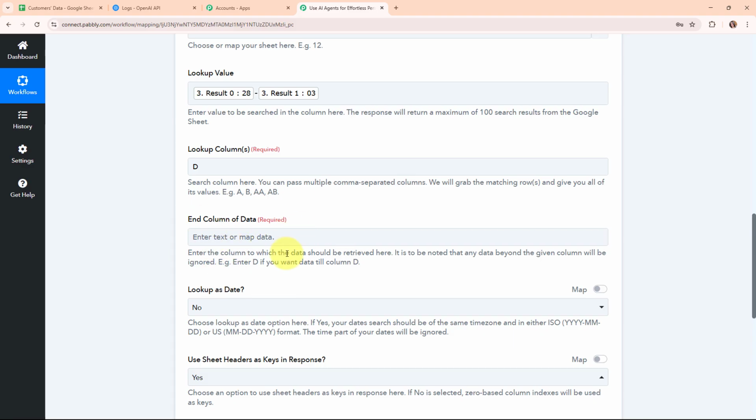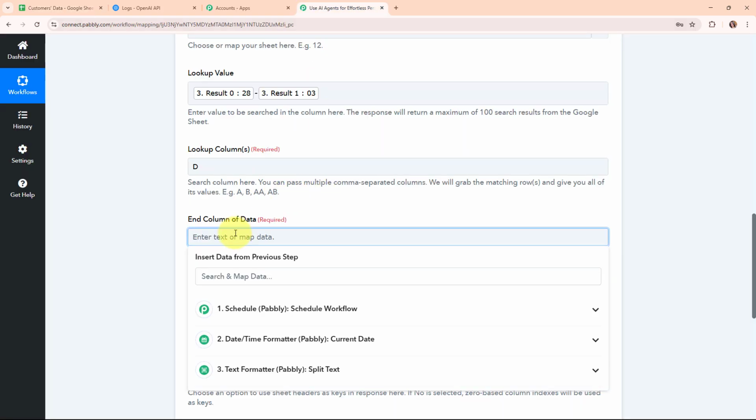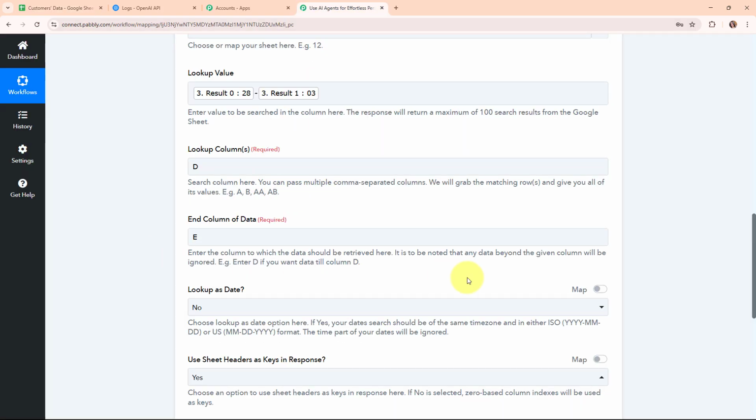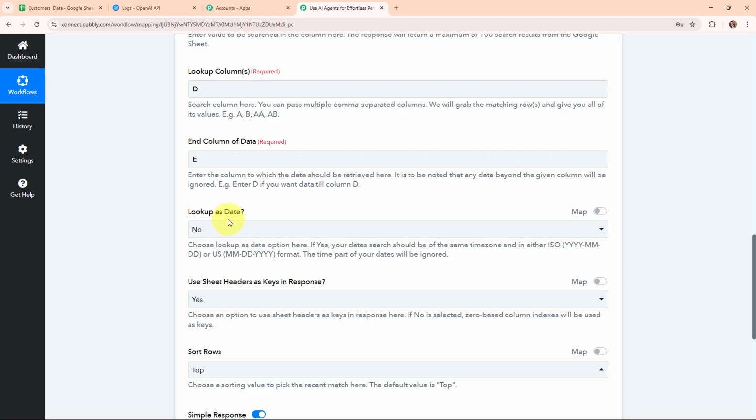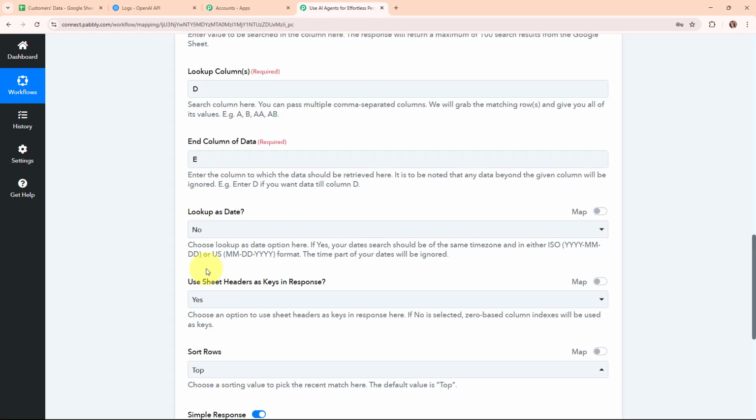Now moving forward, here it is asking me for the end column of data. So here I need to enter the column till which I want to retrieve the data from my Google Sheets. I'm going to retrieve all the data, so for that I'm going to enter the end column as column E. Then here it is asking me lookup as date. As you all know, I'm going to look up the value as birth date only, but in the birth date column,